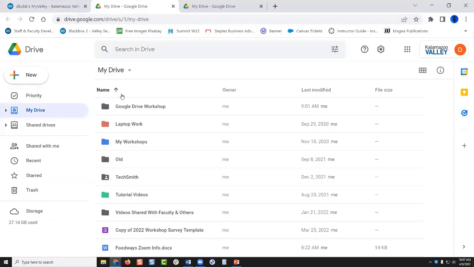Your drive will look different than mine and different from each other's, because you may not have been using it at all, or you will have different files and folders. The general tools and layout will be the same. You'll see a list of links on the left, and then a list of tools and features on the top and the side. But your actual folders and files will be different than mine.